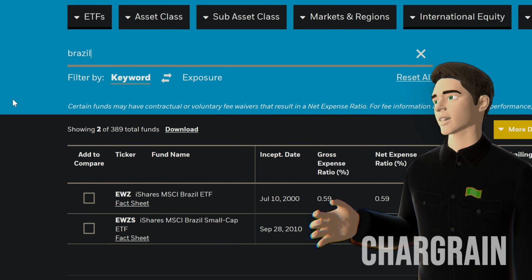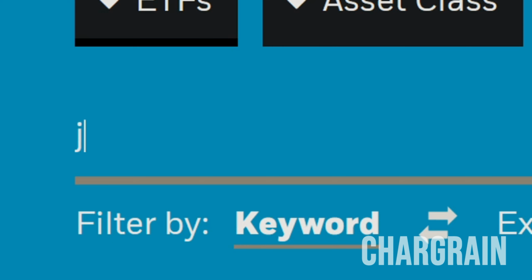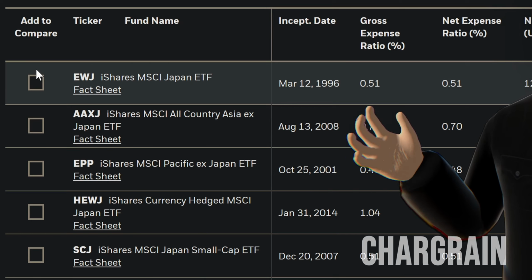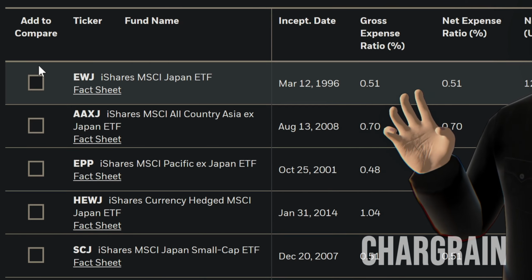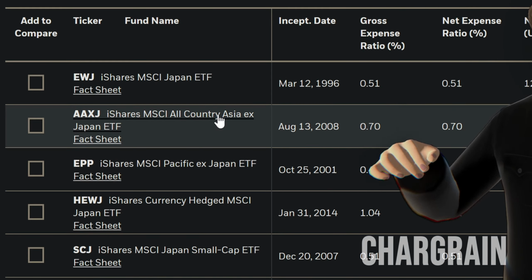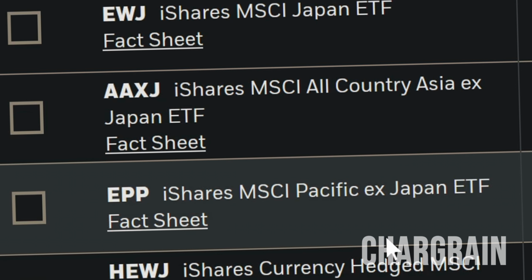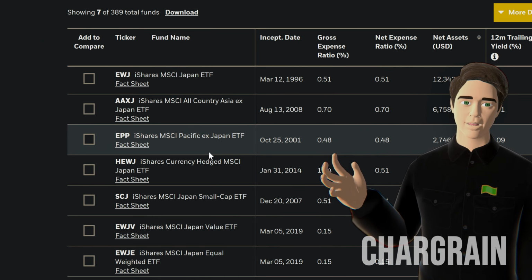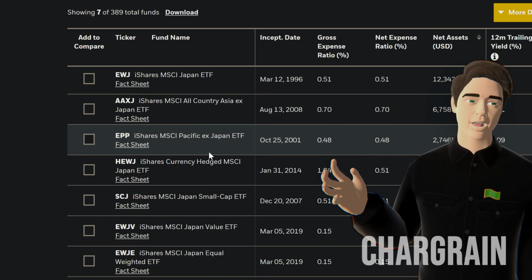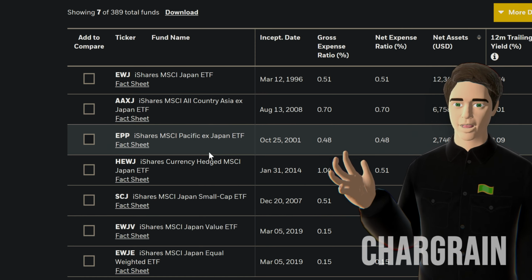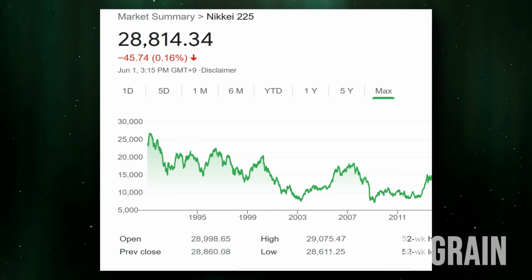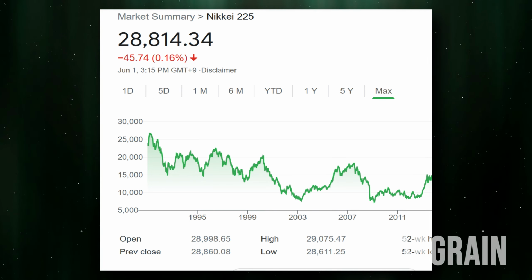But there are others. So for example, if we search Japan, you can see there are a lot of Japan ETFs, but interestingly, there are even special ETF products where you can exclude Japan. So there's an example right here, AAXJ, it's an iShares All Countries ETF in Asia, except for Japan. I don't agree with this, but I think the reason some investors would like to exclude Japan when they're investing in Asia is because they're still shell-shocked by the 1980s, and I get that, but I do think, frankly, there is a lot of potential in Japan, and I've seen it.